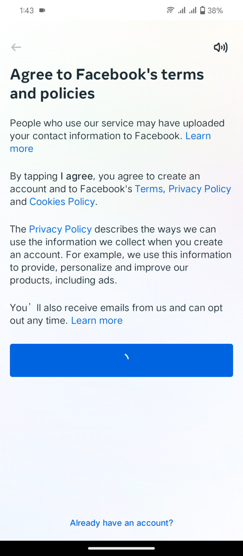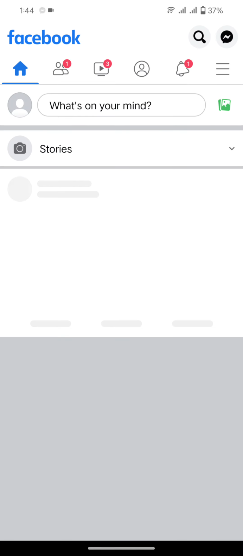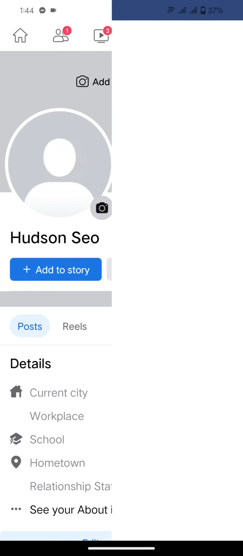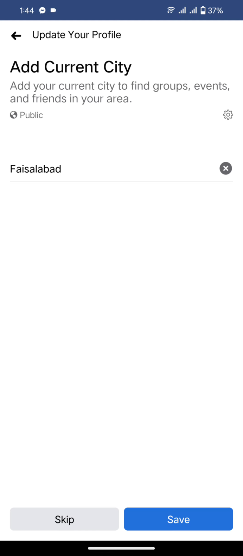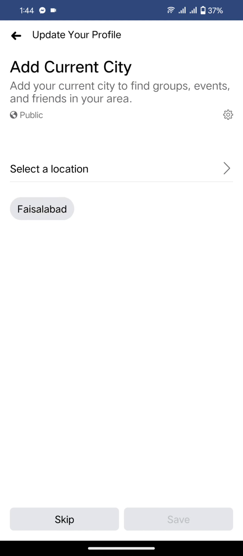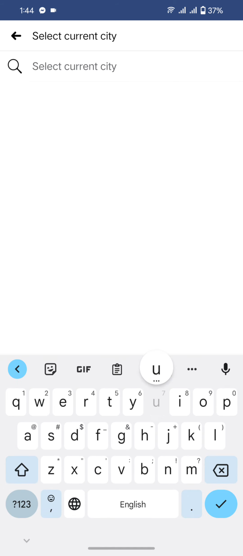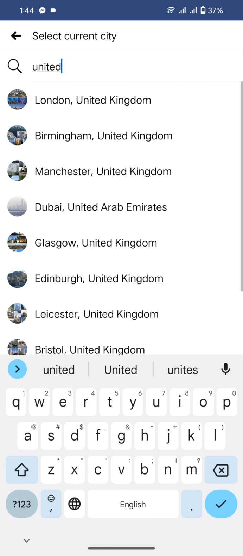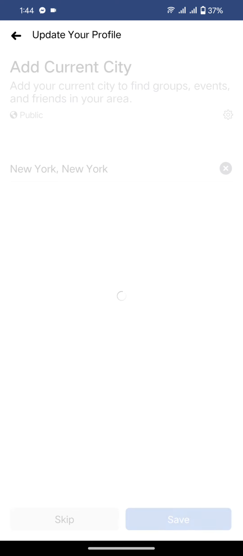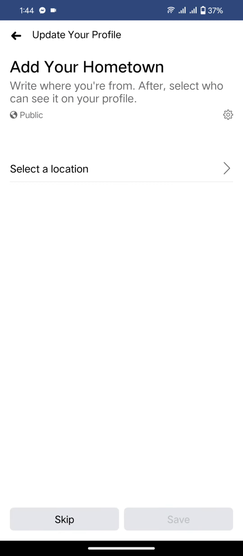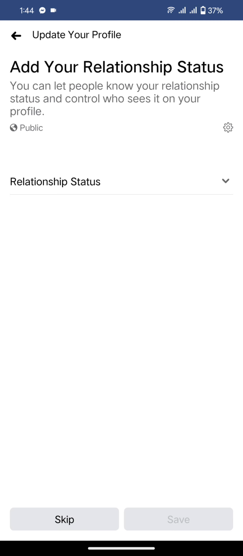After creating the account, select the account, select your DP, set your location, skip your home, skip your school, skip your college, company,